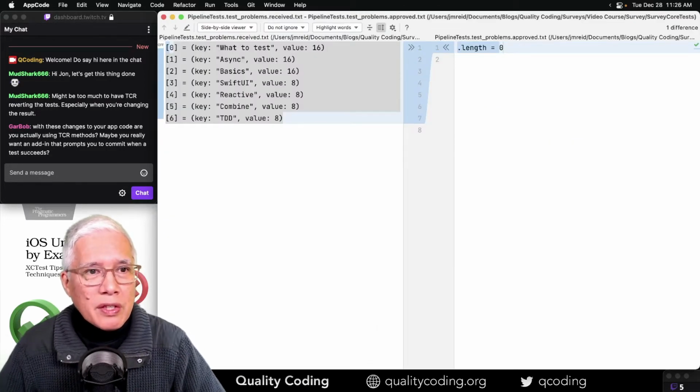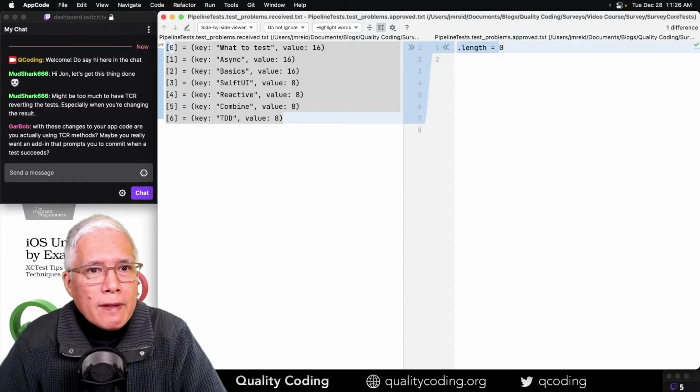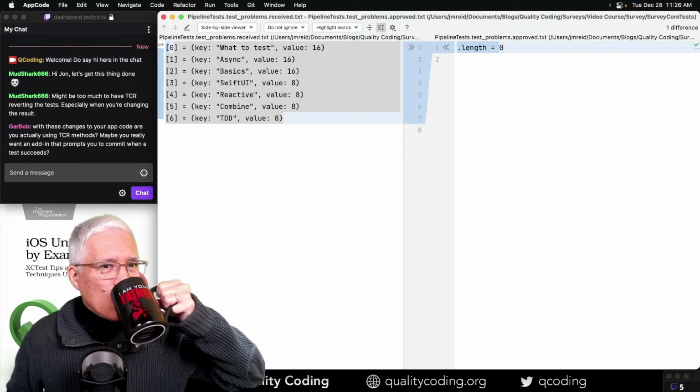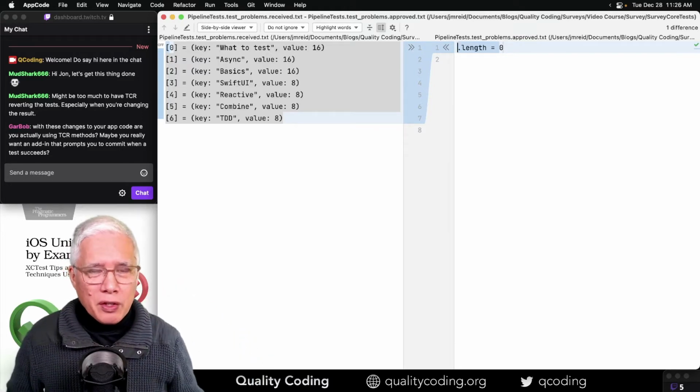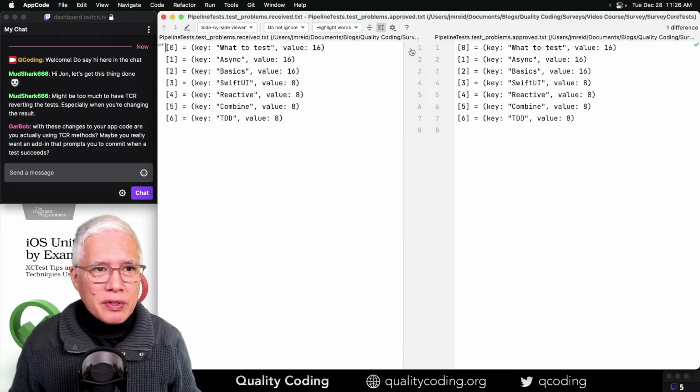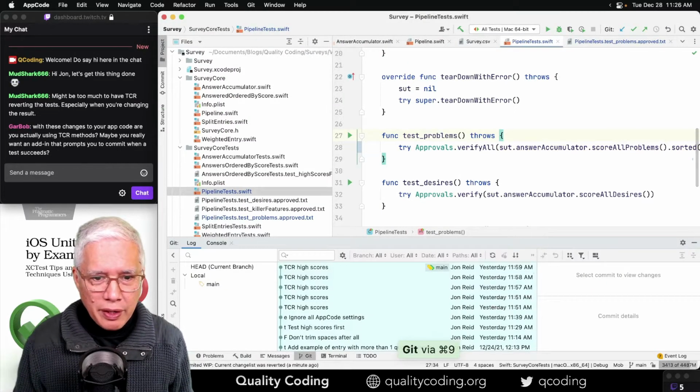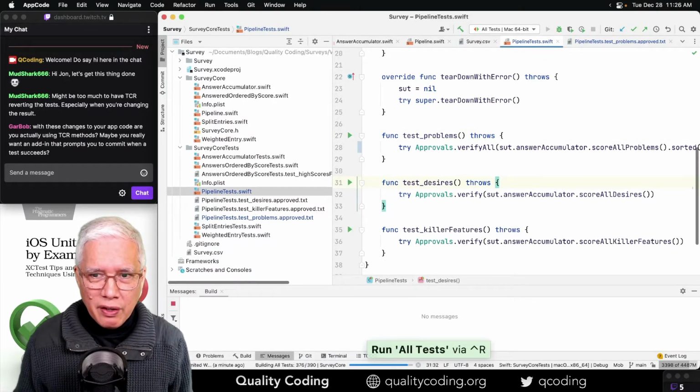Okay, so this is interesting. So there we see key and value, what to test. That's kind of gross. I don't like it having it say key value, key value. I'd rather it said something. It stripped that out. But let me approve this. And by the way, where are we? Okay, so it hasn't committed anything yet. If I run this now,